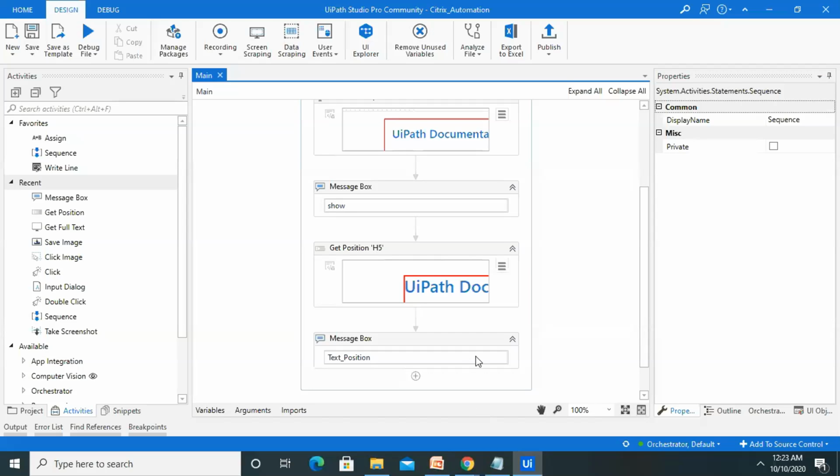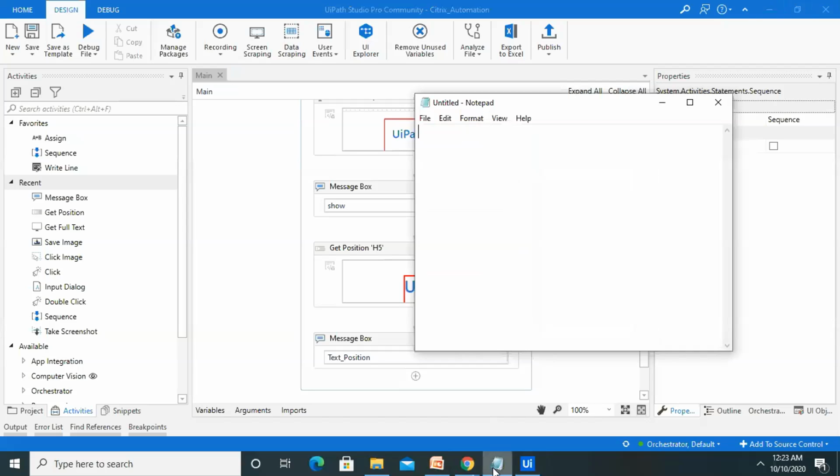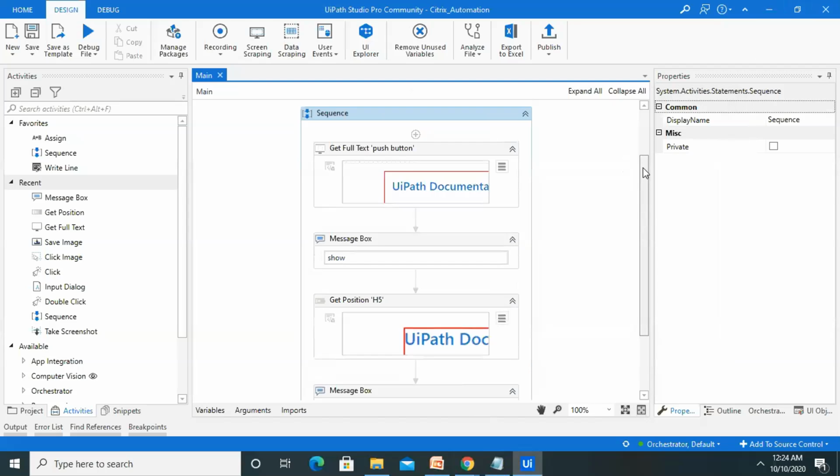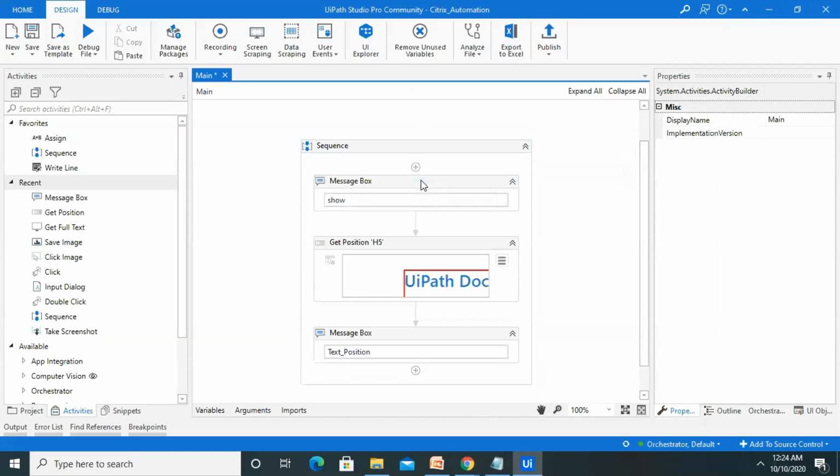So for creating an environment, we can use the TeamViewer application. You have to install your TeamViewer application, connect with your second system, and you can open it. But now I am showing the example on the local system. The same steps we can perform for the remote server as well, or the Citrix system as well. So let me delete these activities.